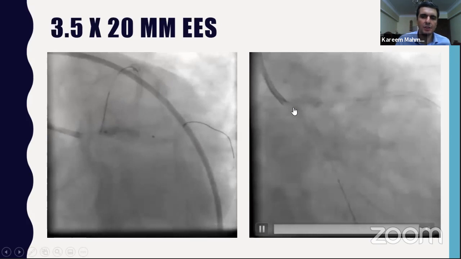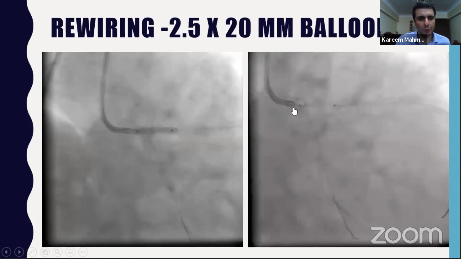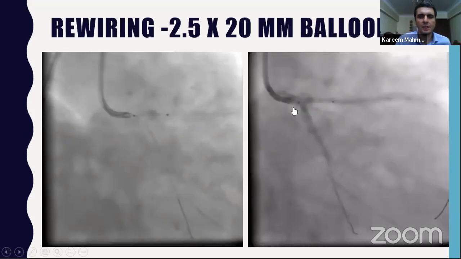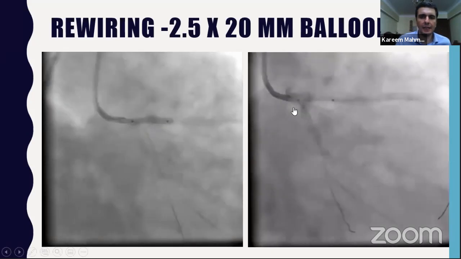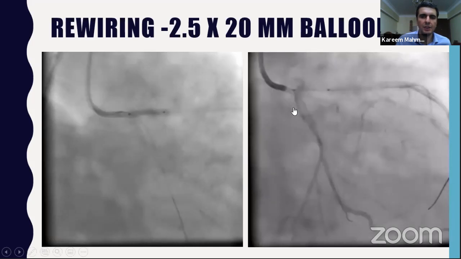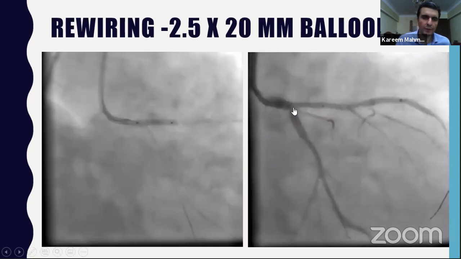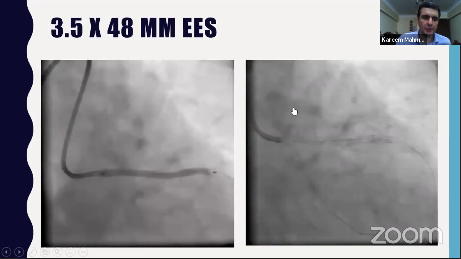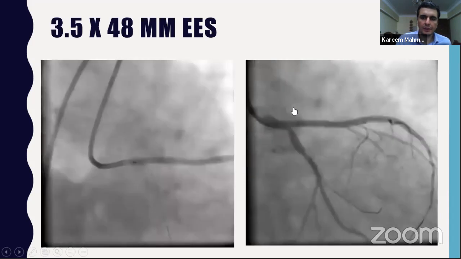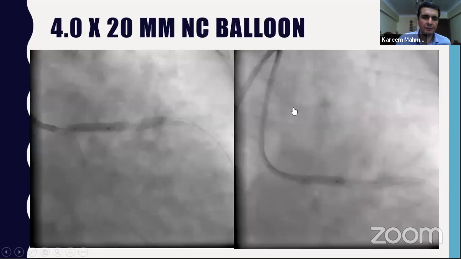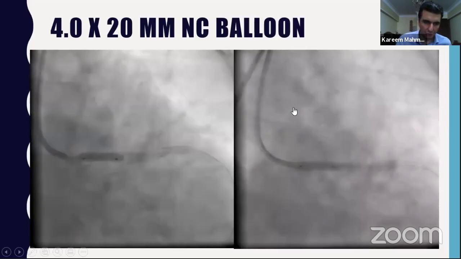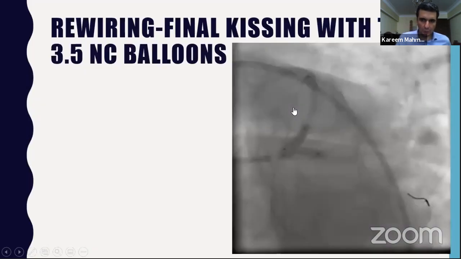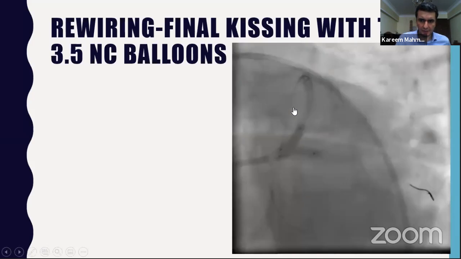Actually, as I mentioned, 3 to 4 years. So the POT here might be good to do a first POT after deployment of the everolimus stent. And I did the rewiring and a balloon dilatation to do a strut dilatation. This is followed by a long stent overlapped with the mid LAD stent. And I did the second rewiring, and I did the first balloon post-dilatation for the LAD stent, and did the second rewiring and the final kissing.